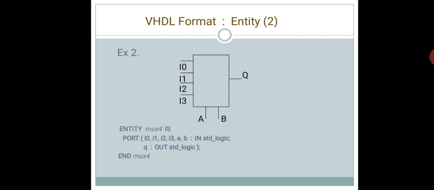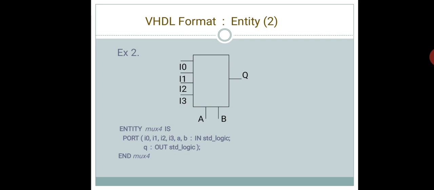In the earlier case we considered the AND gate. Now we will consider the 4:1 mux. Here I0, I1, I2, I3 are the input ports. A and B are the select lines, which are also input ports. We have taken all of these in a single line.